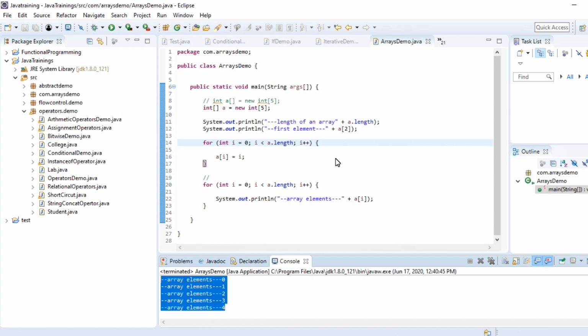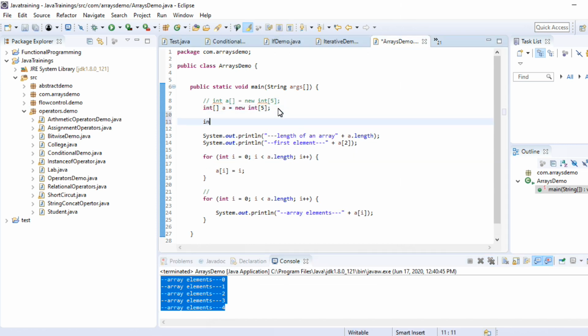And there is another way of initialization. How we can initialize? We can even initialize at the time of declaration. I will show you how we can do that with another array. B equal to, see here itself we can give like 1 2 3 4. So now tell me what is the size of array B? 4 values are there. Size is 4. What is the last index? 3. What is the first index? 0.